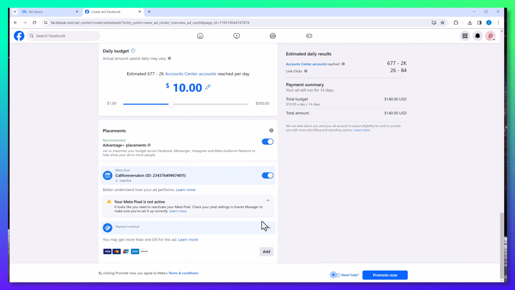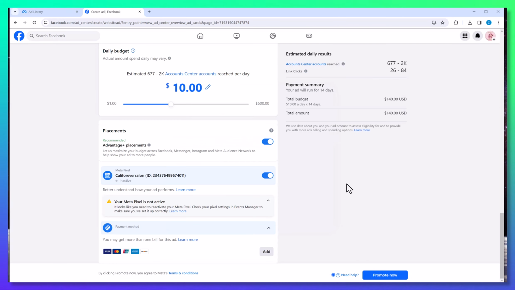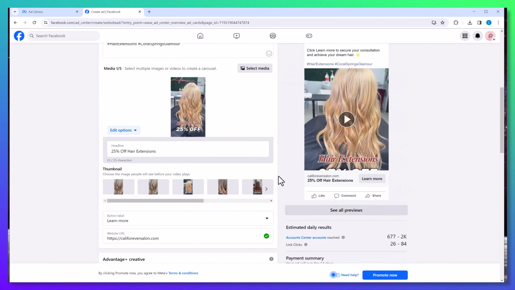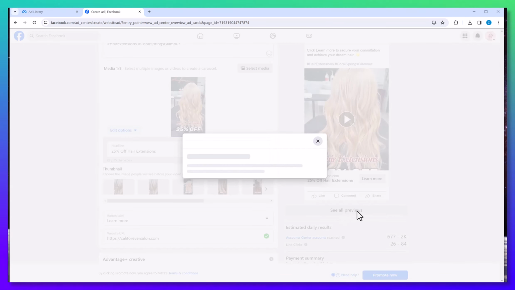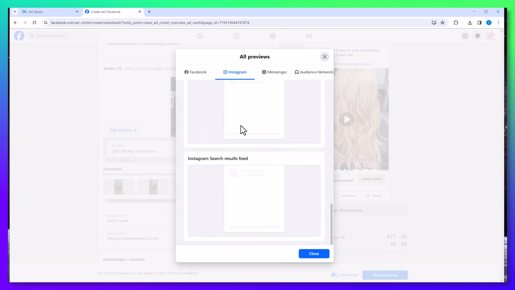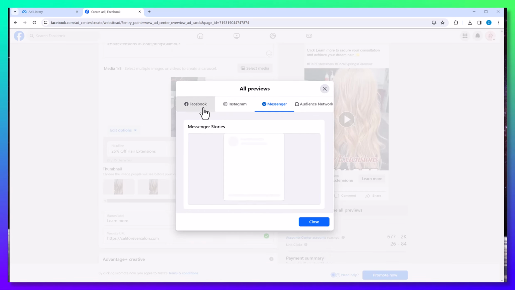But once that's all done, you're just going to add your payment information right here and then just click promote now and you're good to go. I mean, easy as it can be. And if you click right here, see all previews, it'll show you how your ad's going to look across the different platforms. And, you know, Facebook's going to do their thing and it's not working, but expect a lot of things not to work with the Facebook ads. You know, it's a little finicky, but,